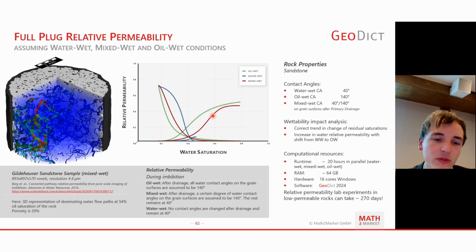We can do that not only for these outcrop samples, but also for whole core plugs. In that case, I would like to show you how an oil wet relative permeability curve would look compared to mixed wet and water wet permeability curves. You can see that these crossing points are as you would expect. The water wet crossing point would be most to the right, while the oil wet would be more to the left.